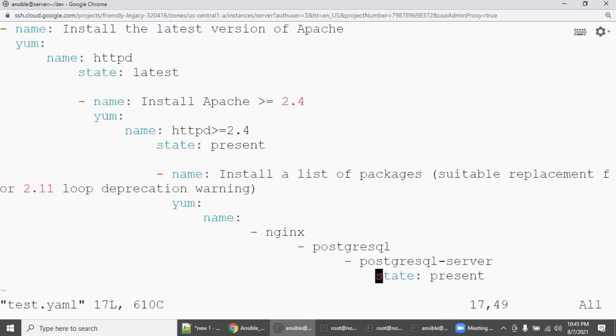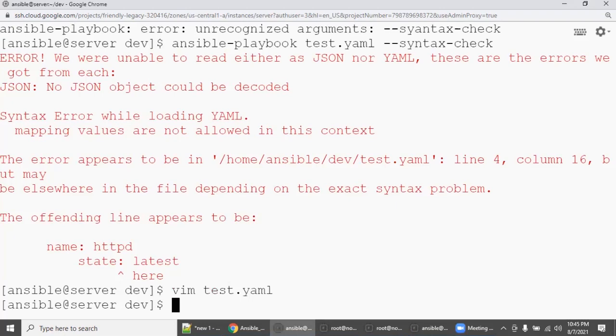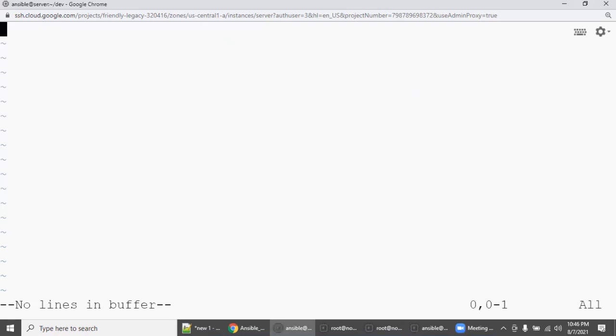Test.yaml. First of all, delete everything you pasted. So now it's empty. Go to insert mode. Before you paste, type colon. Sorry, I'm coming out. First, go into this file again and delete it. So I deleted. So type colon set space paste.